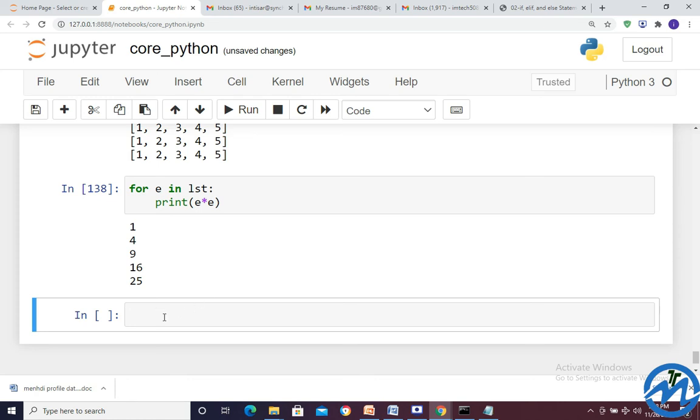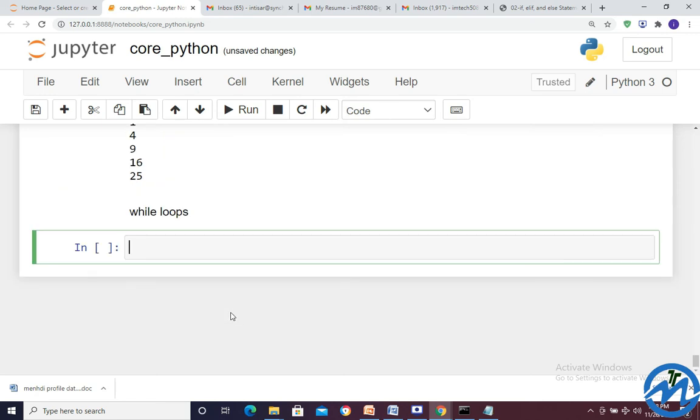Next, we have to move to the while loop. What is the meaning of while loop? While means make sure your work has some condition to be stopped, a manual condition, otherwise it can't stop.